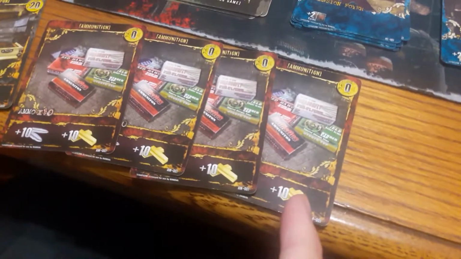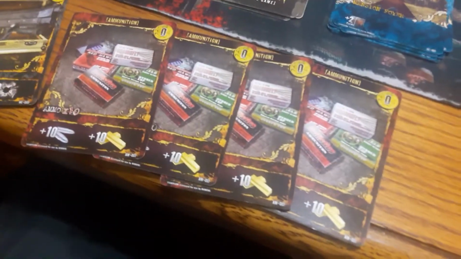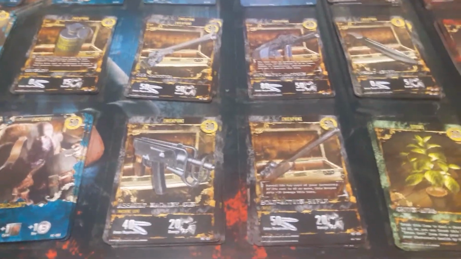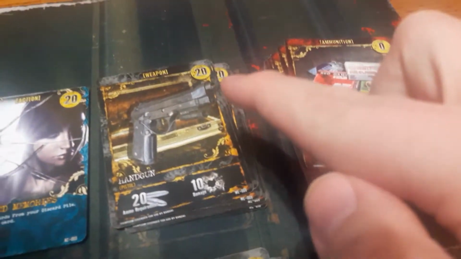And since I have 4 ammo cards, 10 gold apiece, I have 40 gold, which means I can use it to buy 1 or more cards as long as they equal 40 gold or more. And so yeah, you look around and see what you want to get. And you look at the top right corner of these cards. This is how much these cards are worth. So right now I have 40